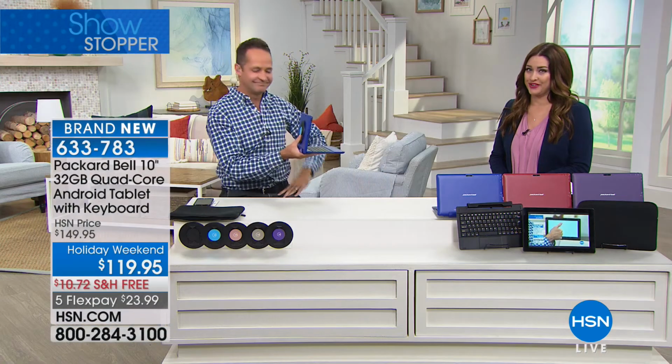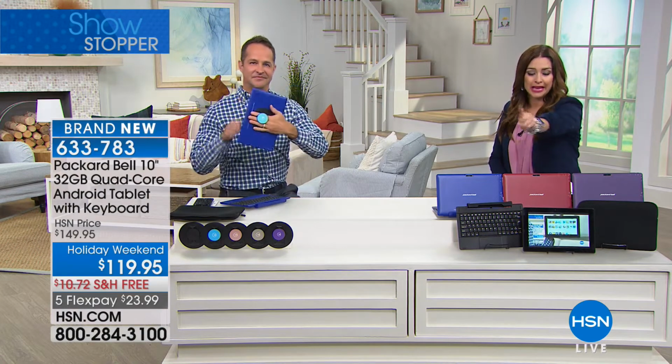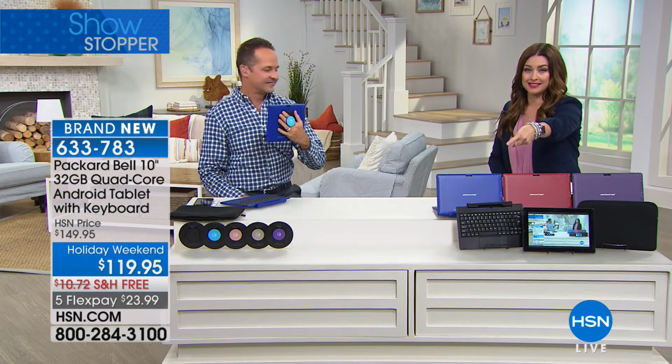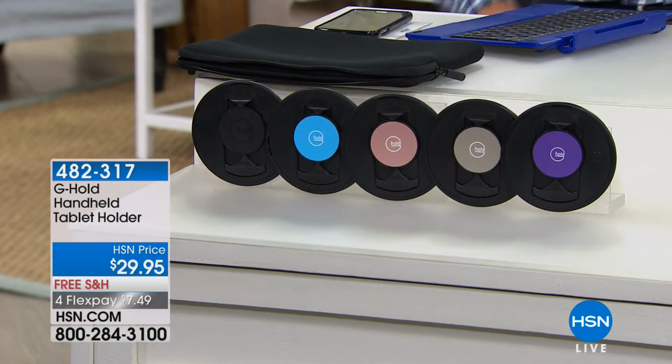Big, huge, very exciting. You choose, do you want the purple? Do you want the red? Do you want the blue? Do you want the black? You don't have to choose if you want the keyboard docking station because you're getting that and you get the case as well. You do need to choose if you want the G-Hold, and I decided yes on the G-Hold